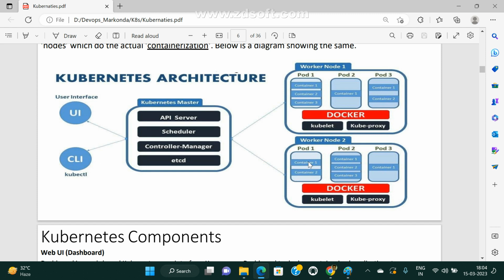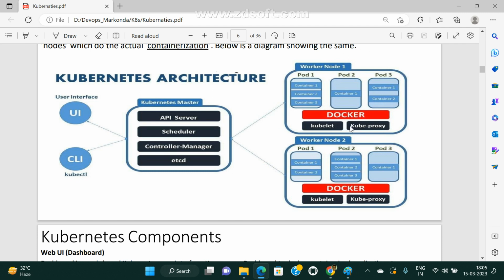And what is kubelet? This is the primary node agent, and it is doing container health checks, whether my containers are running properly or not, whether we have any issues or not. And what is kube proxy? This is totally related to network communication. So how this pod is connecting to other pods, how pod 2 is connecting to pod 3, how pod 3 is connecting to pod 1, all this is taken care of by kube proxy only. And kubelet's main purpose is monitoring containers, whether this container is healthy or unhealthy. This is the primary node agent, and it keeps on checking containers.